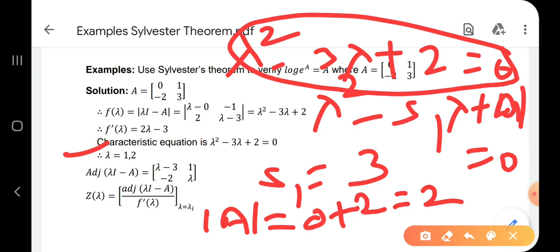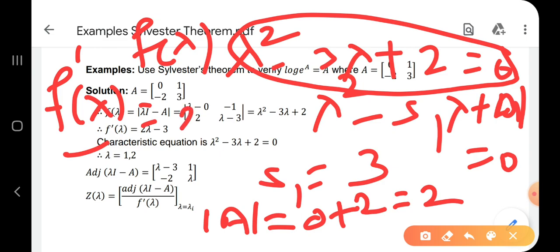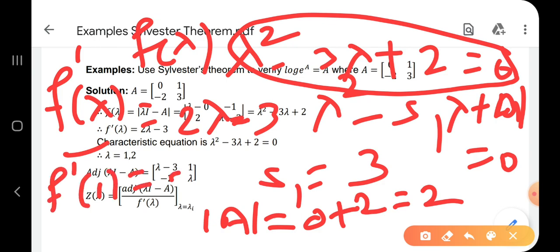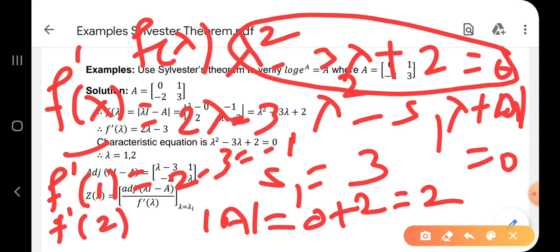Correct? So I get two eigenvalues. Which are the two eigenvalues here? First eigenvalue lambda 1 is 1 and lambda 2 is 2. Now from this characteristic equation, find f dash of lambda. We call this as f of lambda. F dash of lambda is 2 lambda minus 3. So what is f dash of 1? First value 2 minus 3, it is minus 1. So f dash of 1 is minus 1. Similar way, f dash of 2, second value, f dash of 2 is equal to 4 minus 3, it is 1, and call that equation number 1.